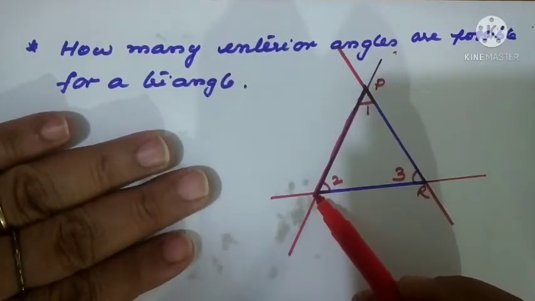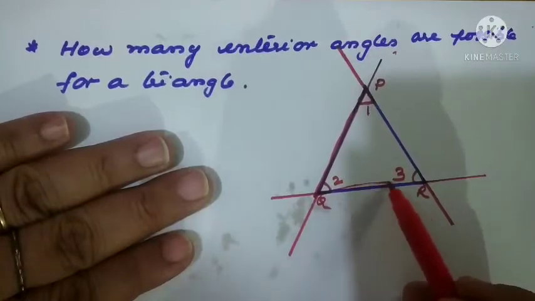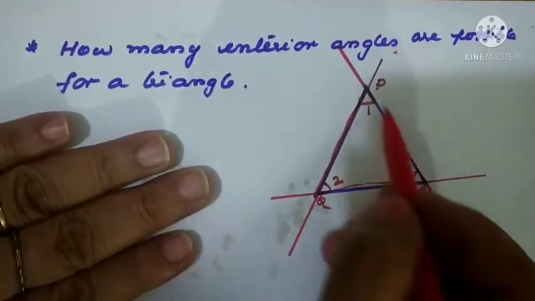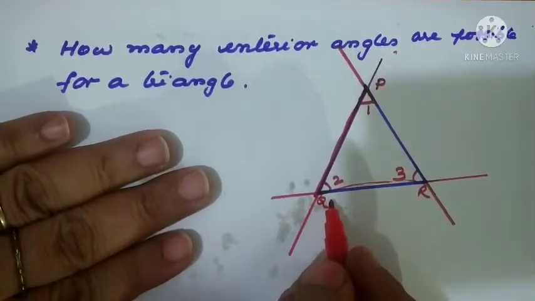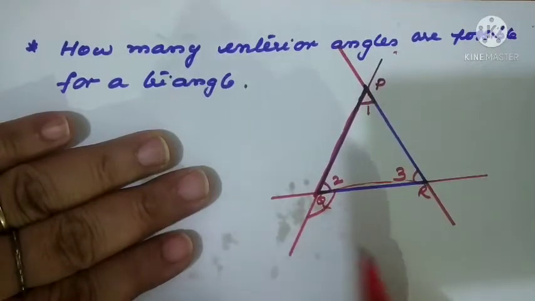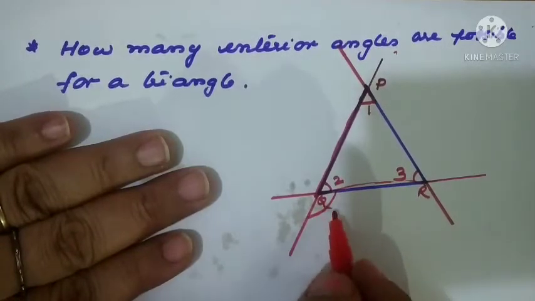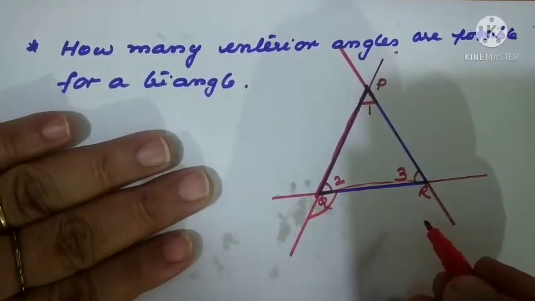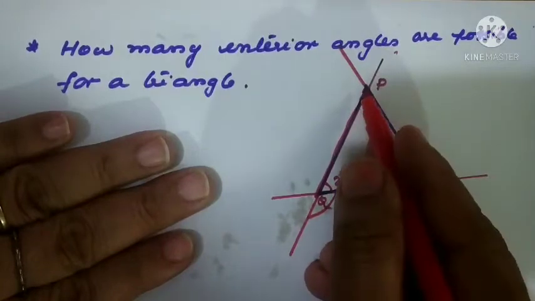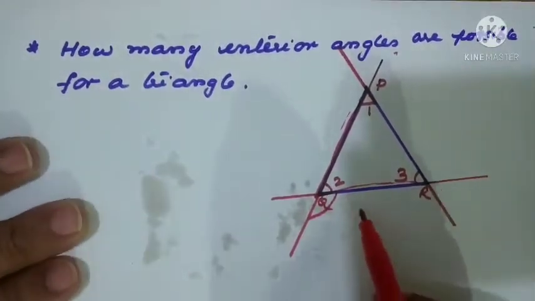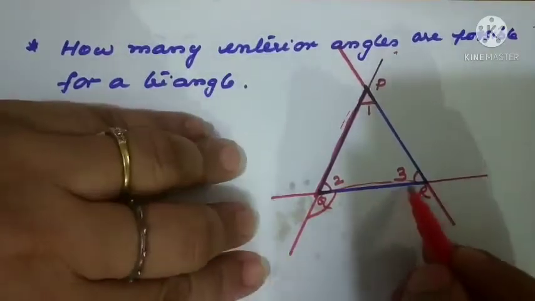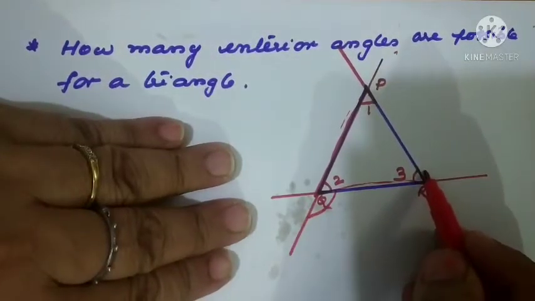Okay. Next QR I have taken, QR I have taken to this side. Then RP I have taken. That means when we are extending PQ, we are getting this way. Right? So here we are forming one exterior angle. Now I am taking this way. I have taken PQ, from Q I am starting now. QR I am extending. So here I am getting the exterior angle.